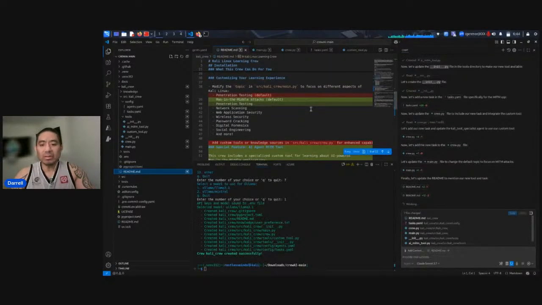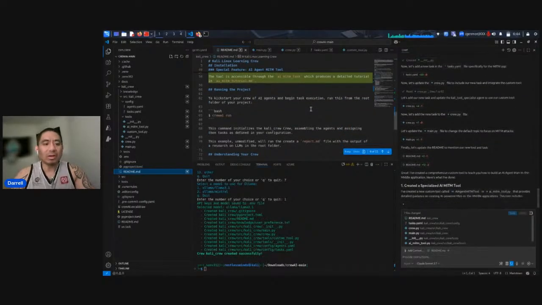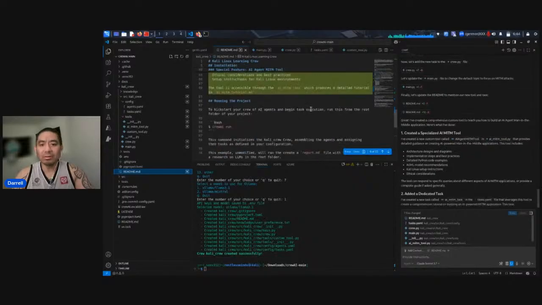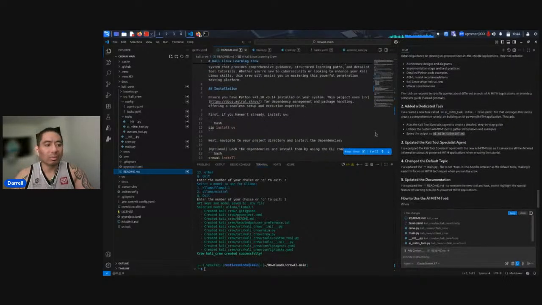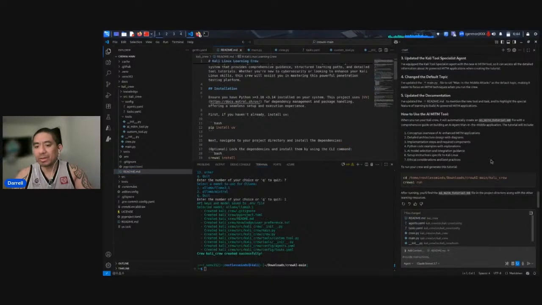It gives me the entire knowledge base of how to install it, how to run it, and what prereqs are being used. As you see here, it created an AI MITM tool. So we're going to keep that.